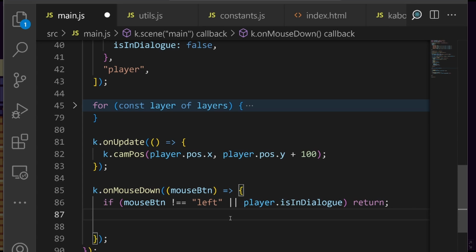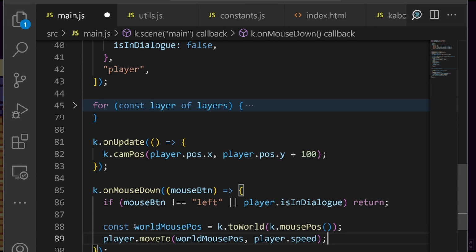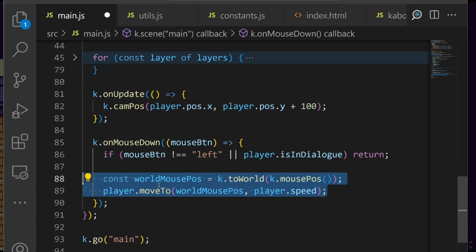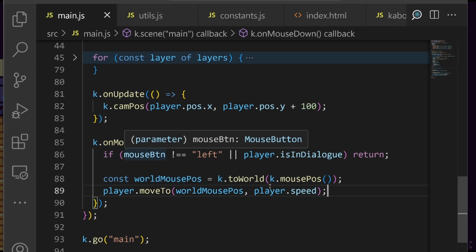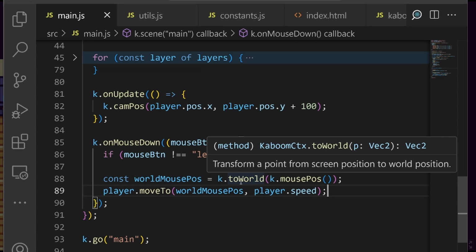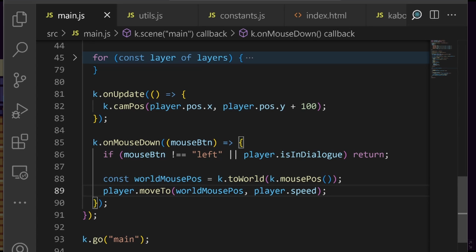Now for movement, we're going to need the following snippet of code. So that's all there is to it when it comes to movement. We need the world mouse position. Because we're using the camera, the mouse position is going to be according to the canvas and not according to the world. The world can be much bigger than the canvas because the world is much more than what is visible by the camera. And when you drag around,